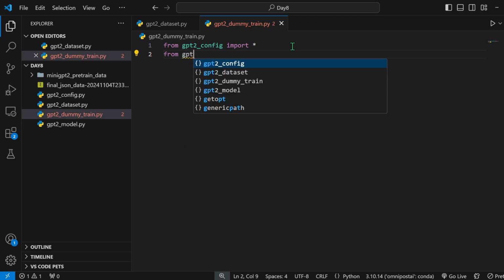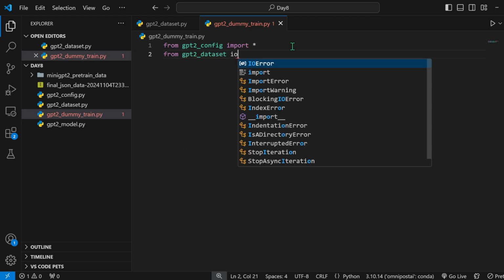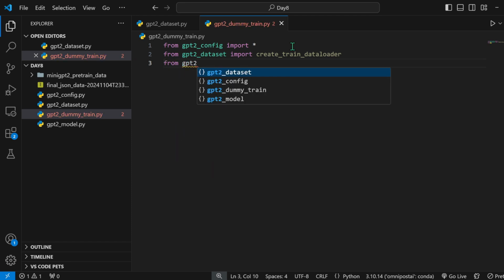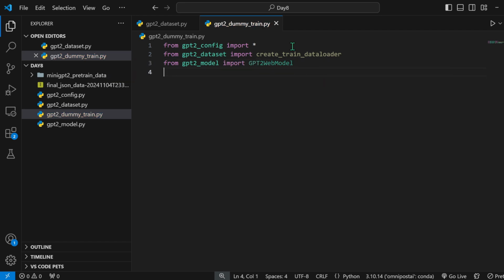From GPT to data set, we'll be importing create train data loader, and from GPT to model, I'm importing GPT-2 web model, and here, just so I can access a few functionality